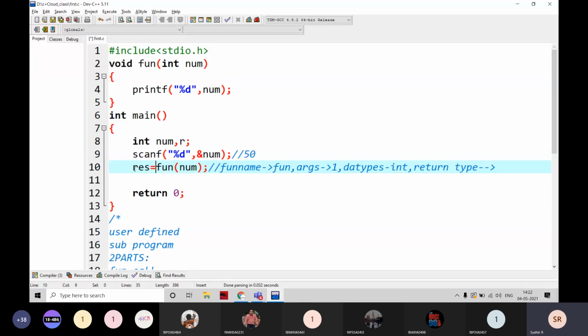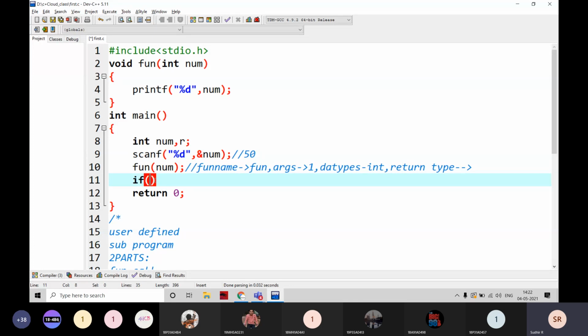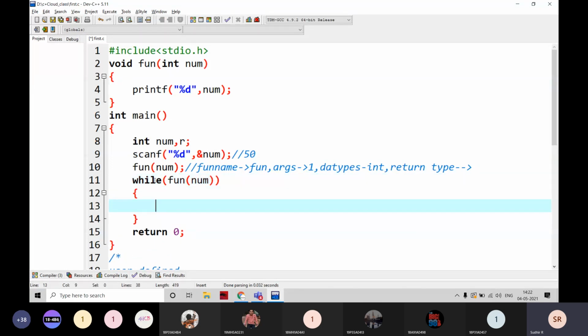If the function is assigned to any variable name, or I write inside a condition, like if fun of num, or I write while fun of num instead of the condition, yes, this is also a return type.